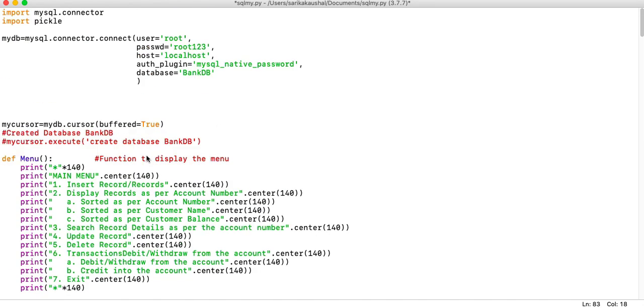So I hope you've got an idea how you can go about the project as far as the SQL connectivity is concerned. In case there is any doubt, you can write under the comment section. In case you need a sample copy, you can also mail at csbhasha@gmail.com. But I would advise children that it's a reference copy for you.